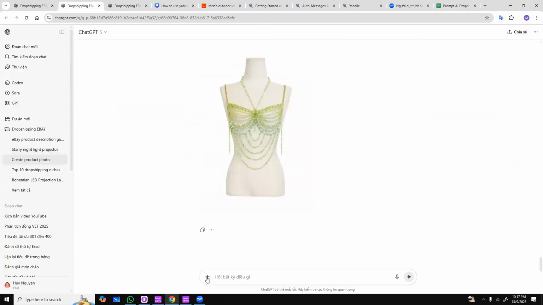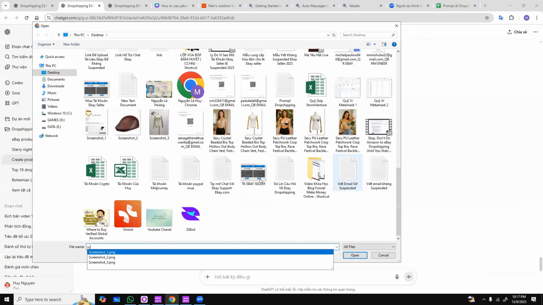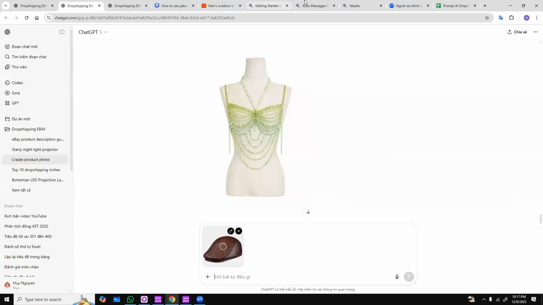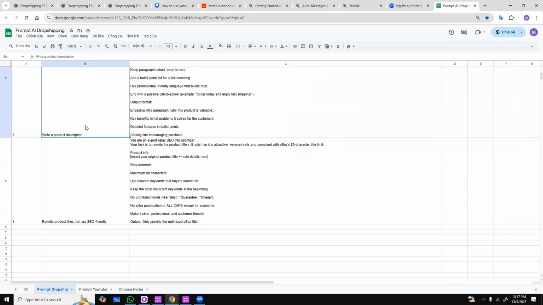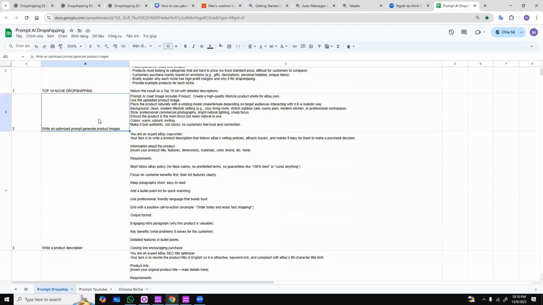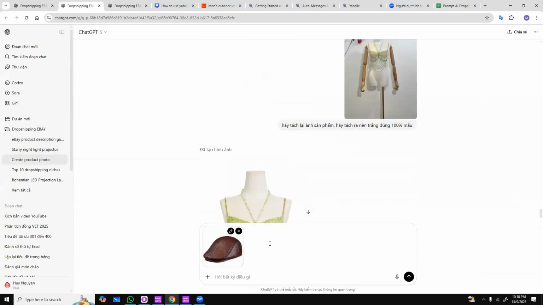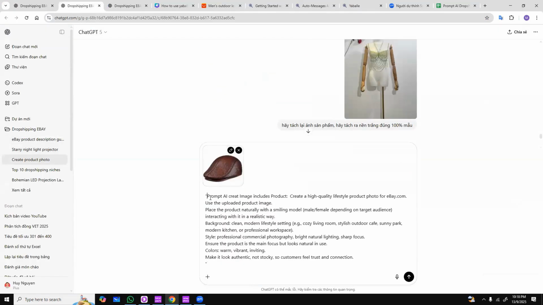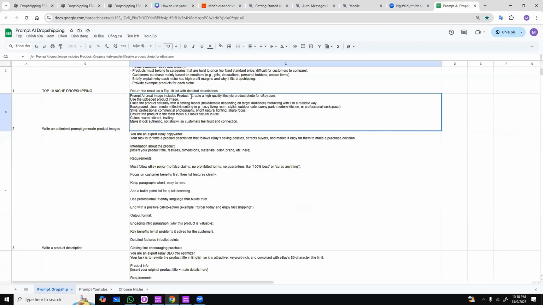This is the form for writing descriptions, right? And this is the form for generating images. After that, just click here and it will generate an image of the product for you. It takes about a minute or two to create an image, depending on your internet speed and the complexity of the image you want to generate. I've also included the prompt in the video description, so you can create other prompts as well, right? You can use AI to generate prompts for yourself too,